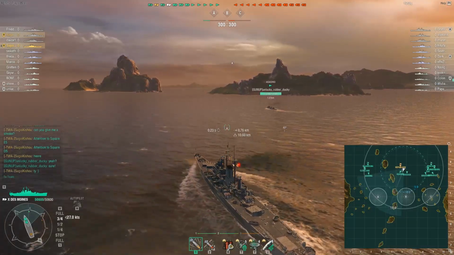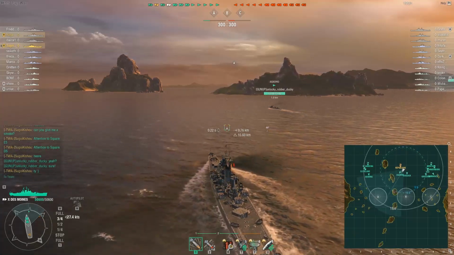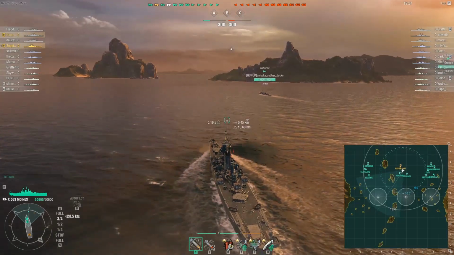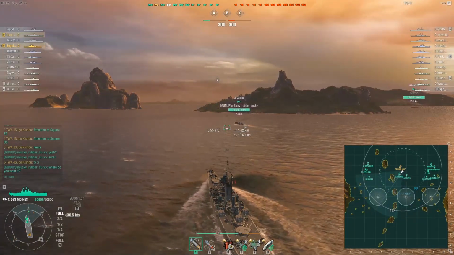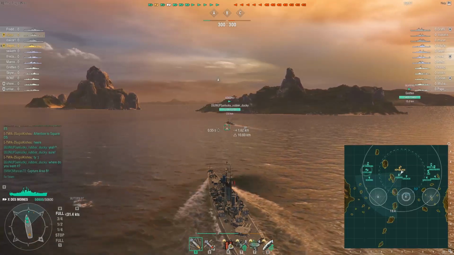And he asked where I wanted it, and I told him that I want it between the 2 islands that you can see right in front of me, just so I can avoid any potential danger if there is a DD that decides to YOLO the 4th line and spot me. So yeah,